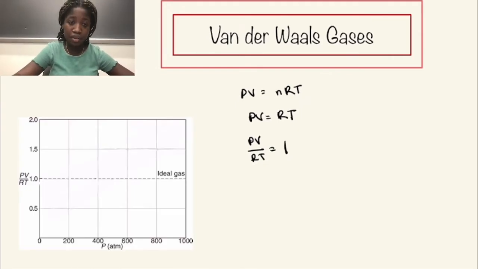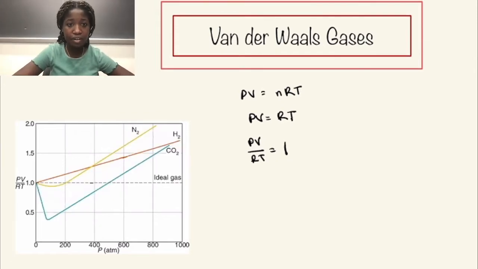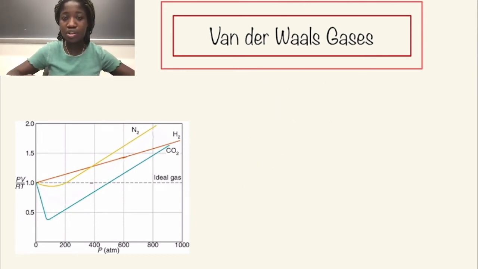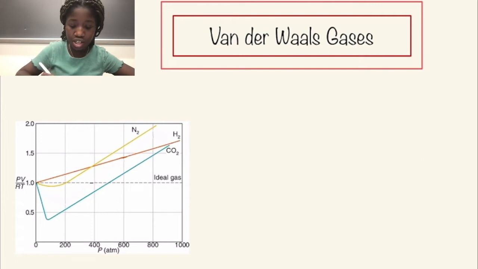This is the ideal gas line with a horizontal line at 1. However, real gases do not look like this, they look like this. Here we have 3 different curves of real gases, and they are all not a straight line, so they cannot be obeying the ideal gas law, and instead they are obeying a new equation called the van der Waals equation, and it is as written: